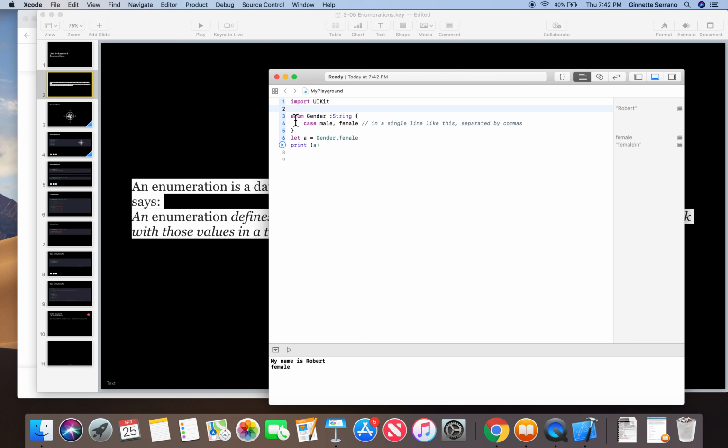So enum is a keyword, it's a reserved word. Gender is going to be the name of, think of it as a new data type called gender, okay? And we capitalize it just like we capitalize string or integer, or capitalize data types. So we make up an enum, it's gender, it's of type string,